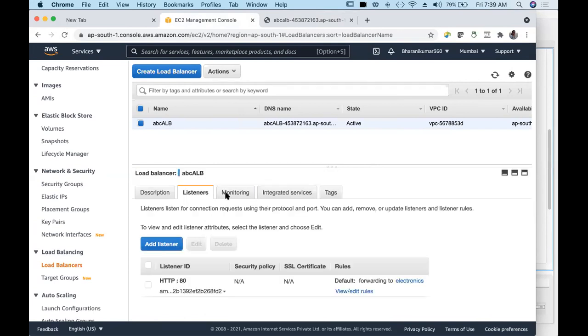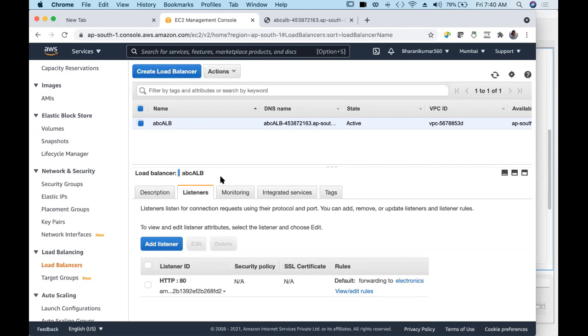But we have added only one target group and we have option of adding only one target group. While creating your application load balancer, it asks you to add target group and you can only add one target group at that time. Now I want to use that fashion target group also with this application load balancer.